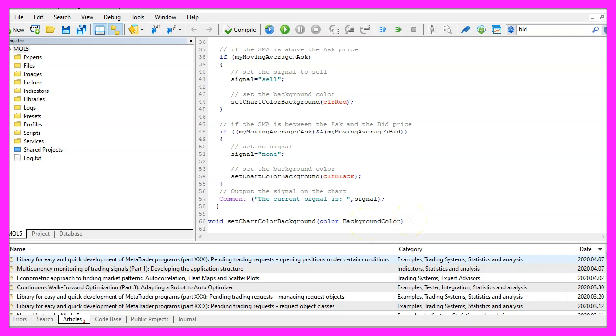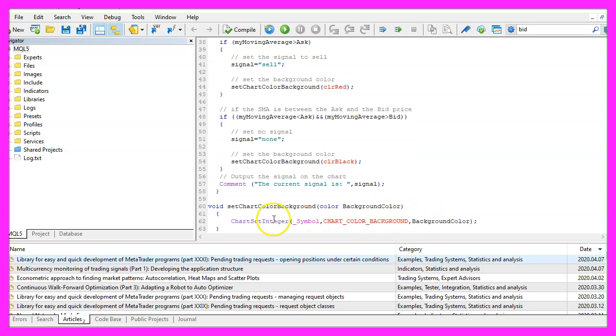And inside that function we are going to use ChartSetInteger for the current symbol on the chart. We want to set the color, so we use CHART_COLOR_BACKGROUND, all in capital letters. And the last parameter here is the background color that we have passed here.